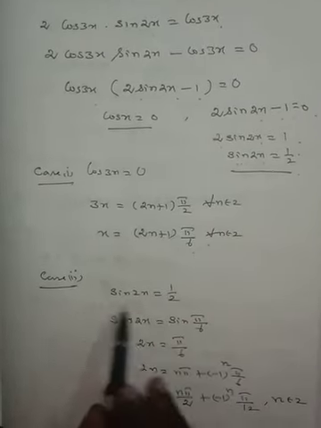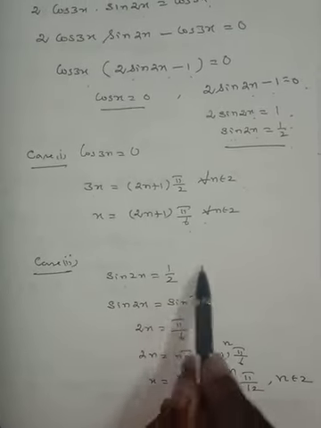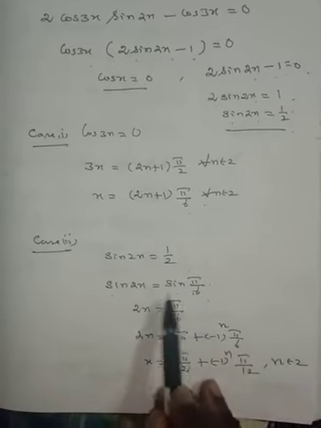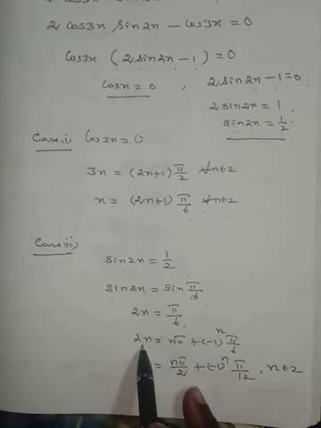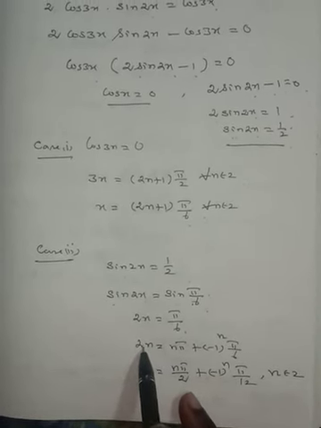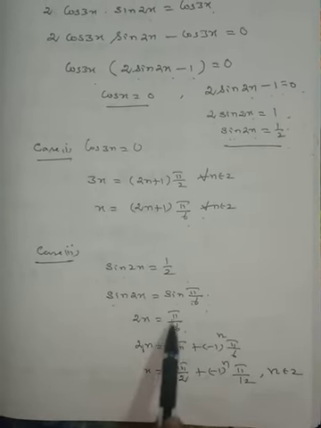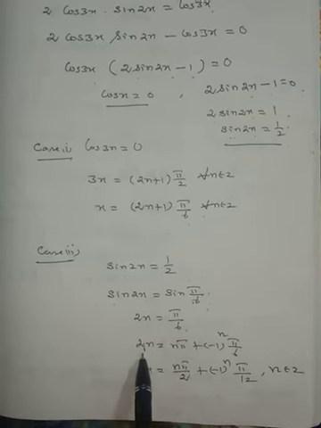Next, case number 2: sin 2x is equal to 1 by 2. Sin 2x is equal to 1 by 2, in terms of sin, that is sin pi by 6. So taking sin inverse on both sides, we get 2x is equal to pi by 6. So x is equal to pi by 12. Therefore, now 2x is equal to